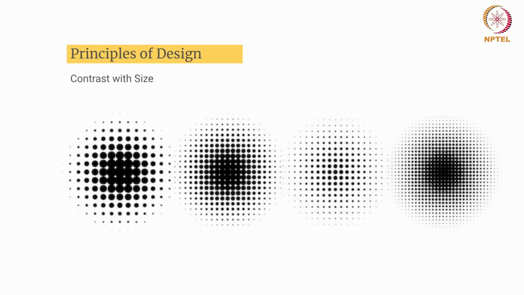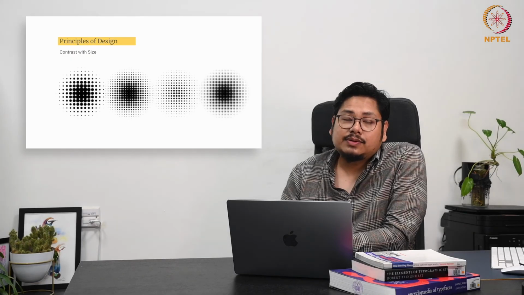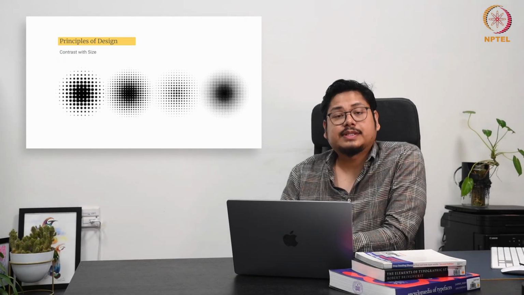Yeah, so here you can see how just by changing the size of the circle, automatically the impact of the image shown in the slide creates a different emotion, a different feel about that composition, right? So how contrast in texture also plays an important role in projecting different emotion or feel in the overall composition. Designers can take advantage of this to understand how it impacts your feeling in an overall layout or composition just by playing with the size of similar elements.